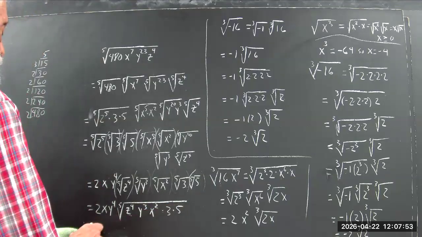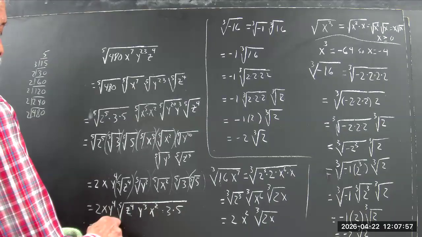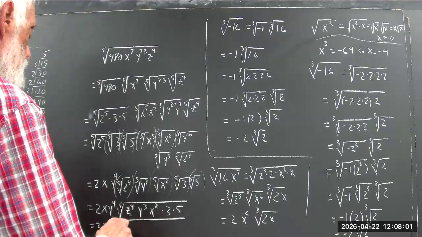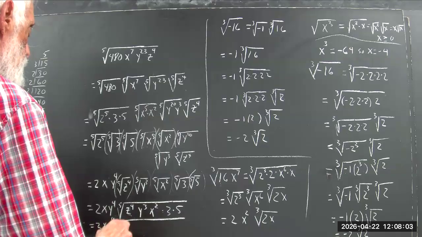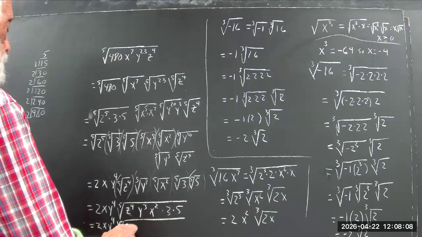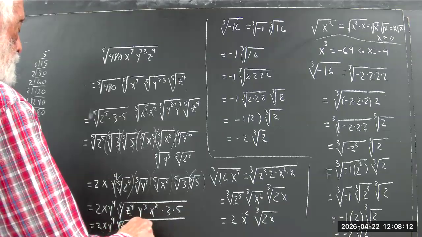And of course, 3 times 5 is 15. So ultimately, we could write this as 2xy to the fourth times the fifth root, 5 is getting harder to read, of z to the fourth, y to the third,